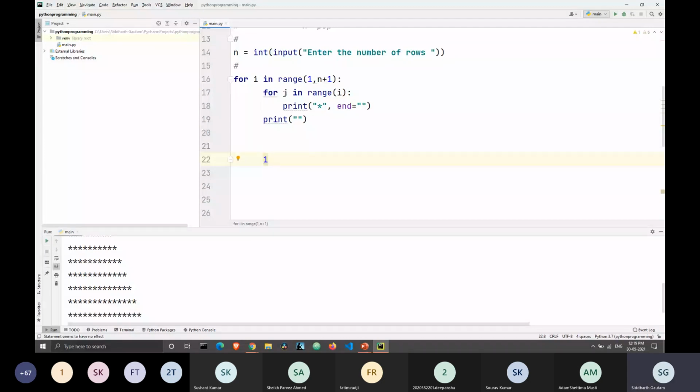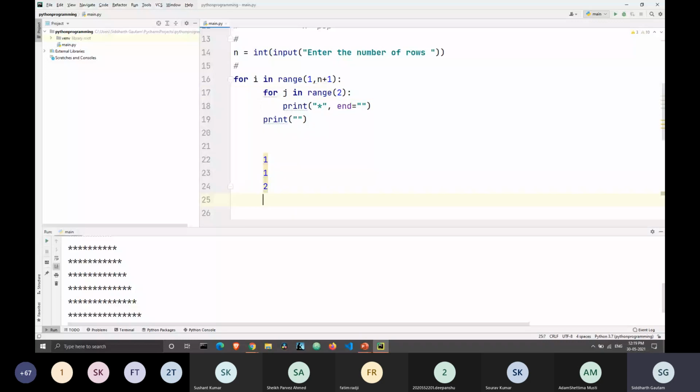The value of j in range of i, and the range of i is 1, which means here we have 1 for the first iteration. That's why the value of j will also be 1. Then we go back to our original loop. This time the value of i is 2, so the j iterator variable will run 2 times.